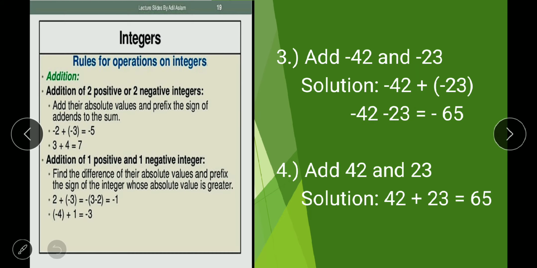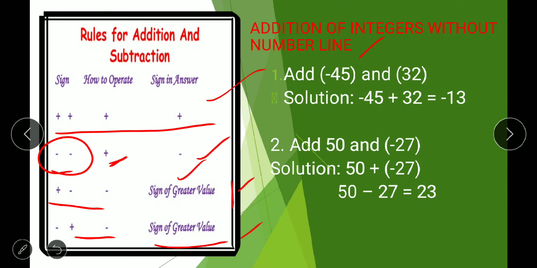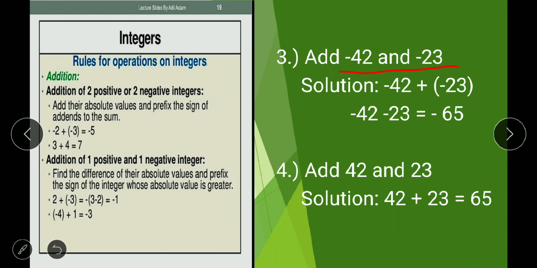And here we have both the negatives. If both are negatives, what to do? What the property says is, in both negative also you need to add and give the negative sign. So when you add 42 and 23, you will get your answer as 65. Since we have added the two negative numbers, give a negative sign to the answer. Same way, both positive numbers we are going to add. It is so simple, just like normal, just add and give the negative or positive sign.